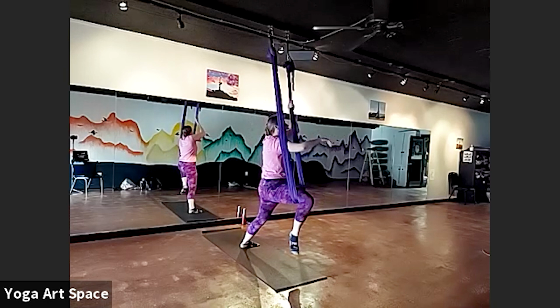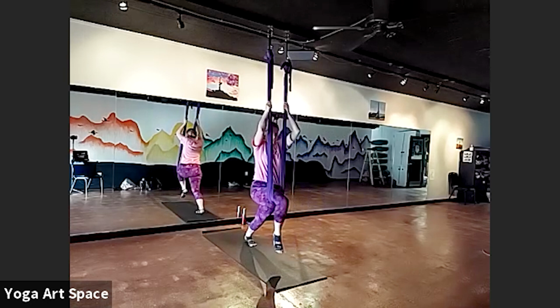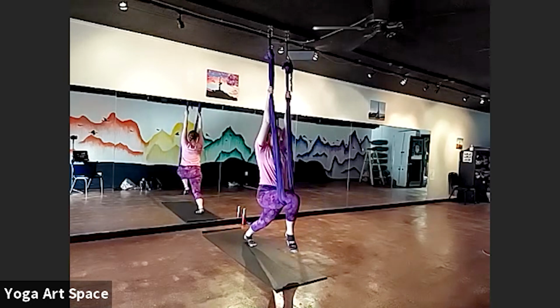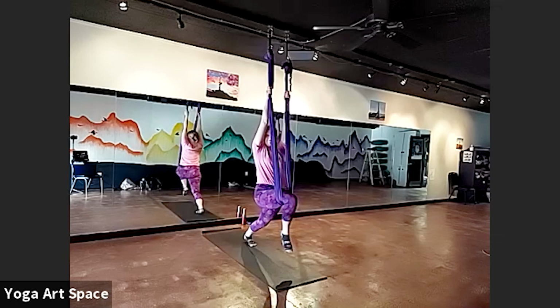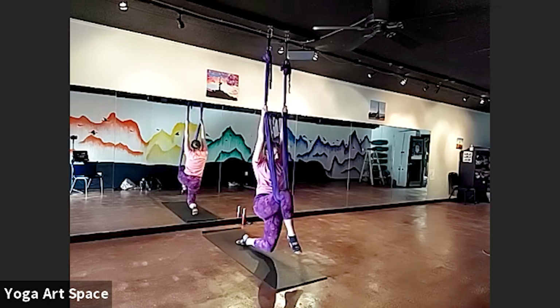And grab back on, getting one hand now on each side. Rotate onto the back toes. We're facing forward, sinking nice and deep forward. Nice inhale. Exhale. Grab on really tight so you can lift up the back knee and then slide the fabric through your